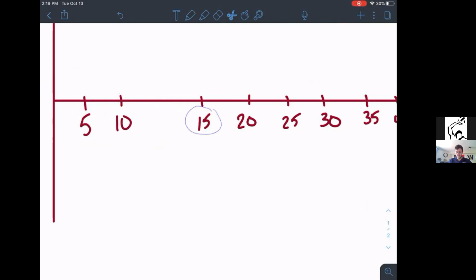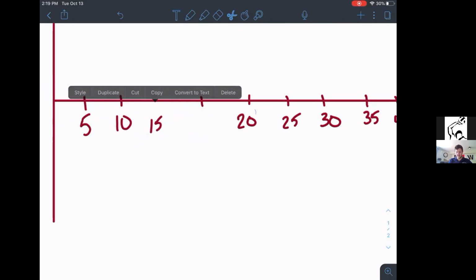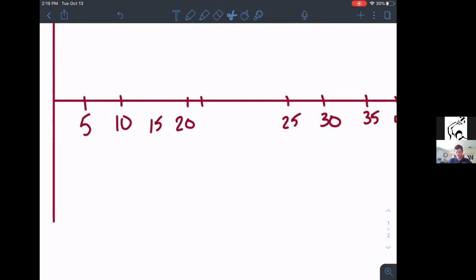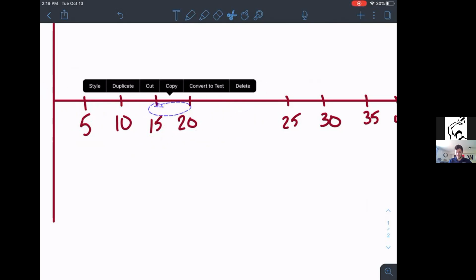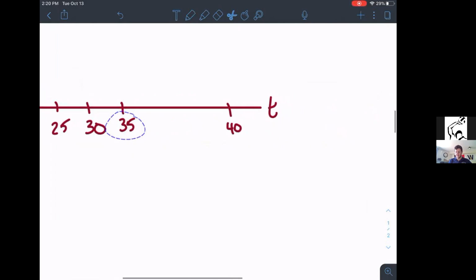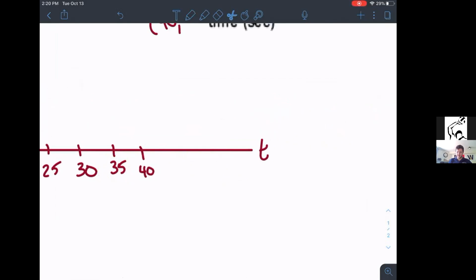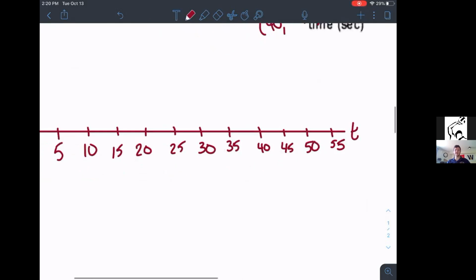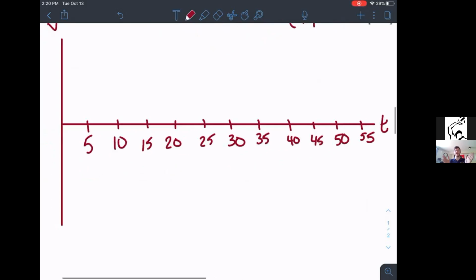10, 15, 20, 25, 30, 35, 40. There we go. 45, 50, and 55. So now we have our time values, and they're correct because I can finally figure out how to space things